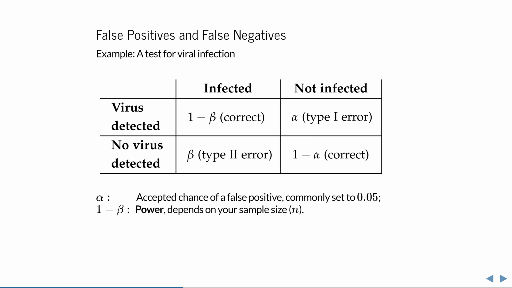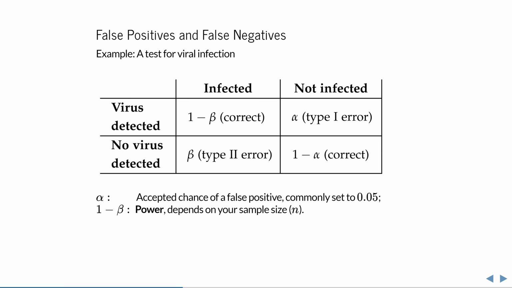And that finally brings us to the meaning of power. Power is your ability to demonstrate an effect with a sample if there is an effect in the population. The larger your power, the better your chances of demonstrating a true effect. It is equal to 1 minus the chance of a false negative. In practice, we don't know what the real answers are. We only have a sample, so you cannot actually determine if your result is real or a false positive or false negative. But even though we cannot know whether our result is correct, we can limit the probability that these errors will occur.